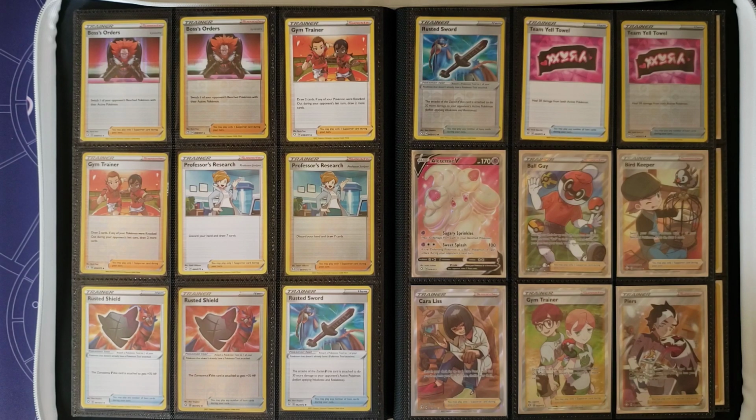So from there we have one full art V and Alcremie V, and of course the normal Alcremie was in Champion's Path, and the same thing for the Alcremie VMAX, that was in Champion's Path, but it looks like they added the full art here, as well as all these nice full arts from the Japanese version of